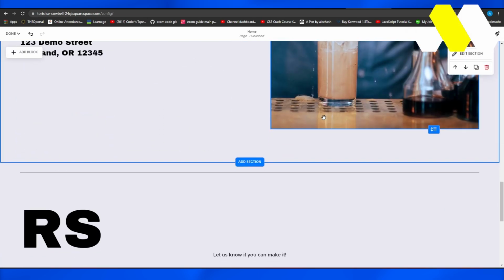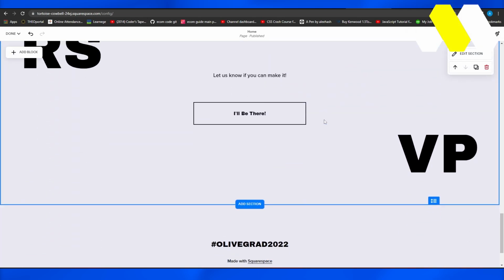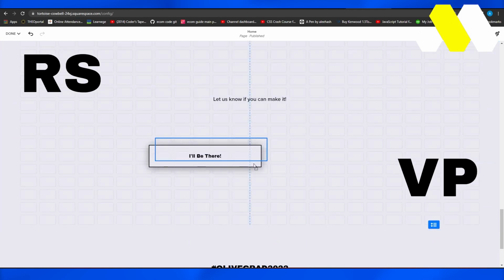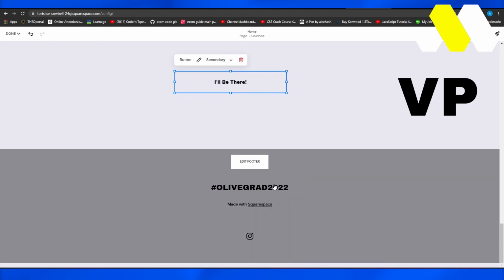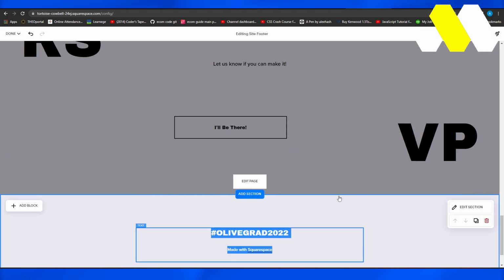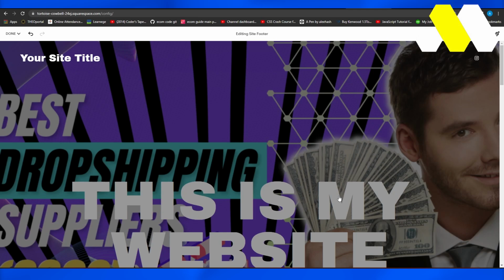Now similarly, scrolling down, it's the very same thing over and over again. You guys can simply double click anywhere. You guys can move around boxes by simply clicking on them and just simply dragging them, and then after that you guys can even change up text as well. So guys, that is how easy it is to just simply start modifying your Squarespace website and to use your